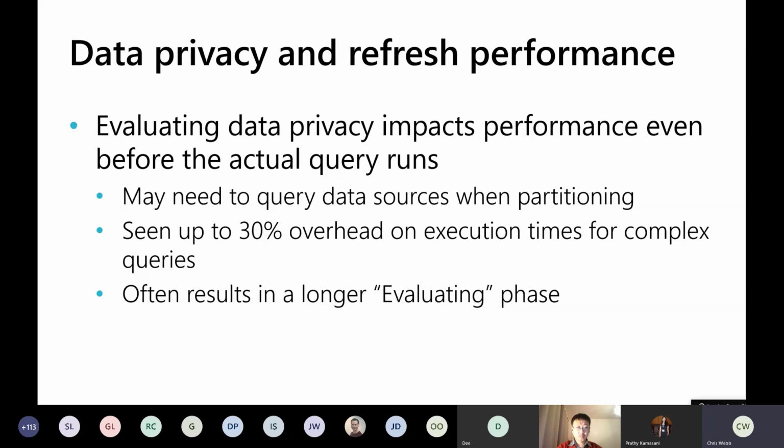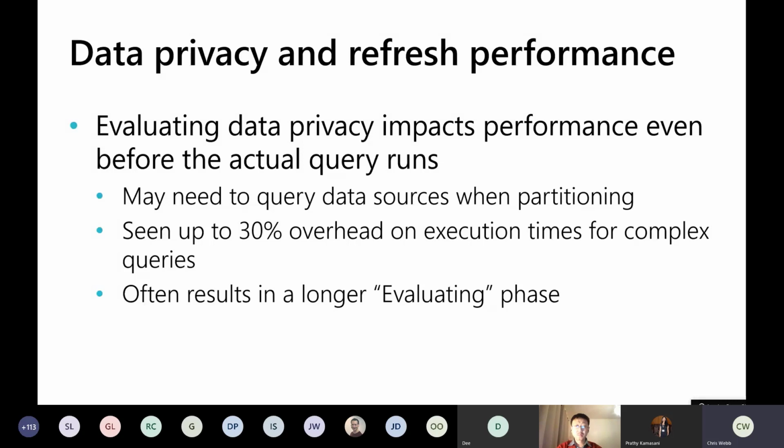So we've seen, or I've mentioned already, that one of the side effects of data privacy checks is that even when the query is allowed to run, there could be situations where instead of query folding happening, query folding is stopped, and the Power Query engine has to get more data than it needs from a data source and apply filtering internally. There are going to be other situations where data needs to be buffered in memory before this happens as well. So this all means that data privacy checks can have sometimes quite a noticeable impact on overall query